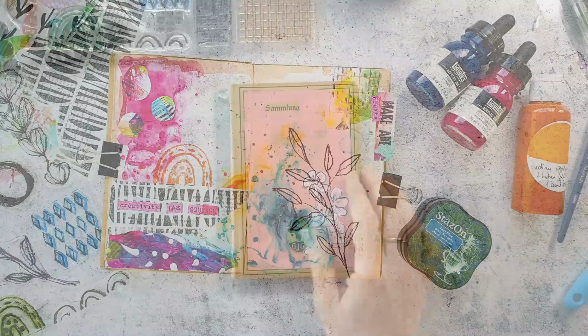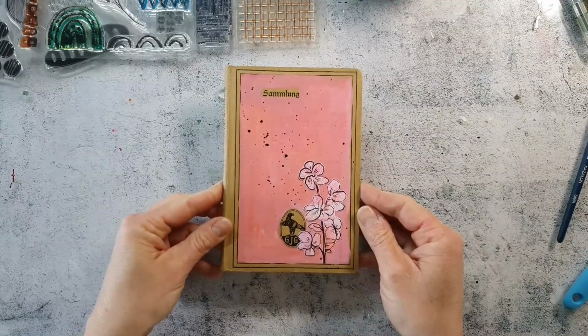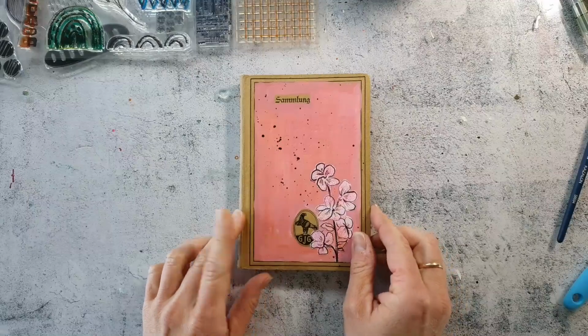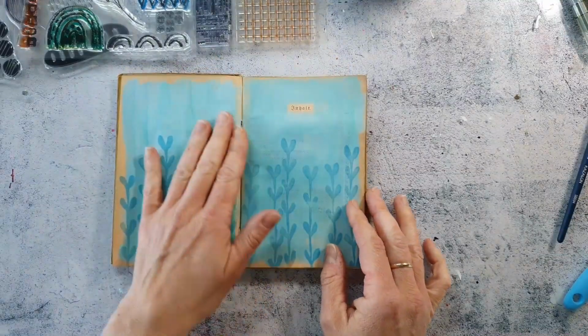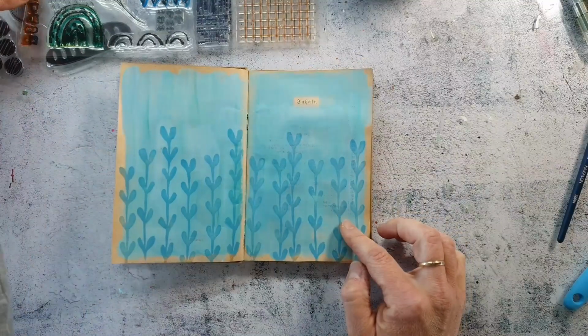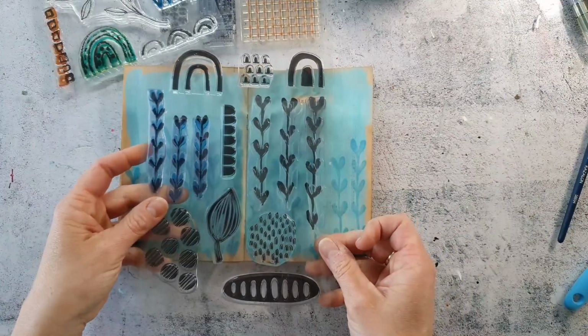Hi, today I have an art journal page for you in this little handmade journal. I was inspired by a course on Domestika to create this little book, and I flipped the first two pages because I like them really much, and here I did a quick spread with the craft collection, and I stamped